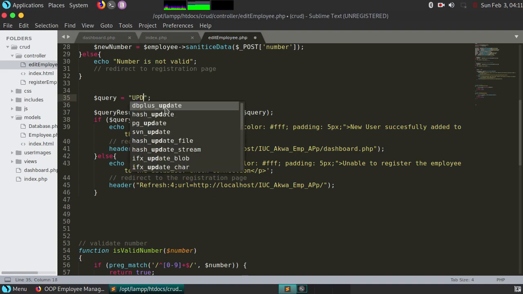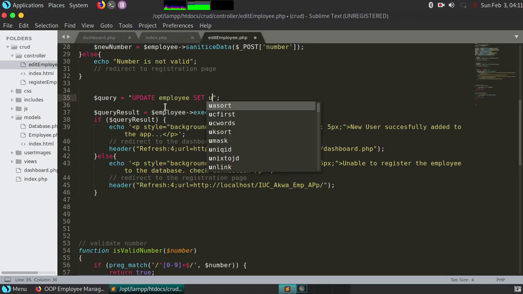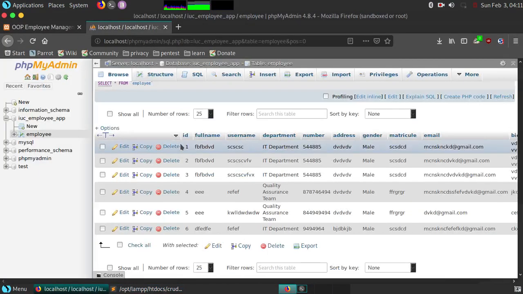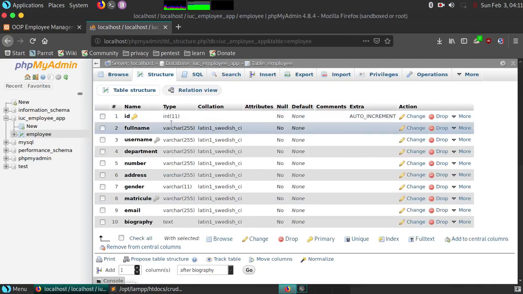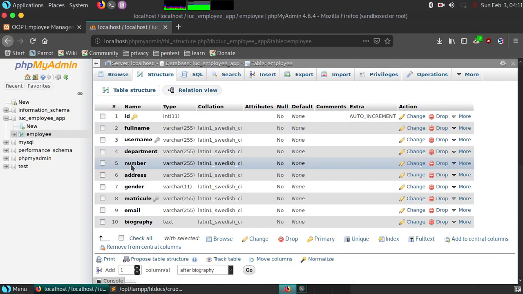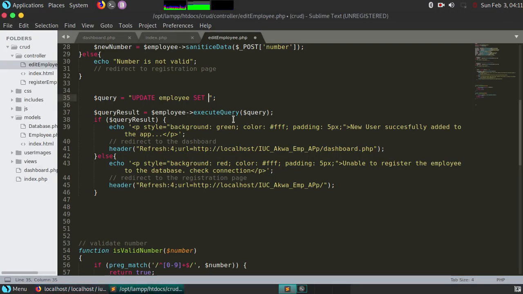So I'll say update the employees table, right? I want to set the values. So say set the full name. Mind you, I would like to update this particular record in a coherent manner so that everything is okay. So I'll follow this format, going from full name, username, department, and all of that. So I'll set the full name field,